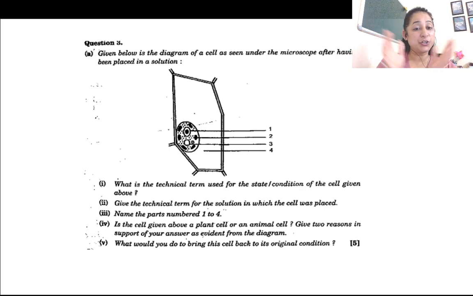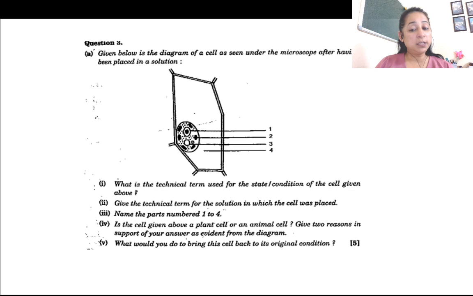यहाँ पे क्या हो रहा है? Shrinkage हो रहा है. But you should remember it is a plant cell. Cell wall is intact. It's a plant cell with an intact cell wall. So cell wall कभी भी damage नहीं होता. It's freely permeable, so allows everything. So herein shrinkage is taking place. That means it is placed in a hypertonic solution. HYPERtonic solution. So let's see the questions.